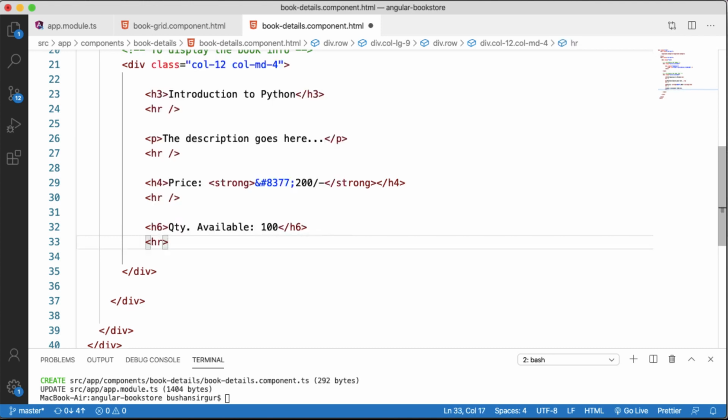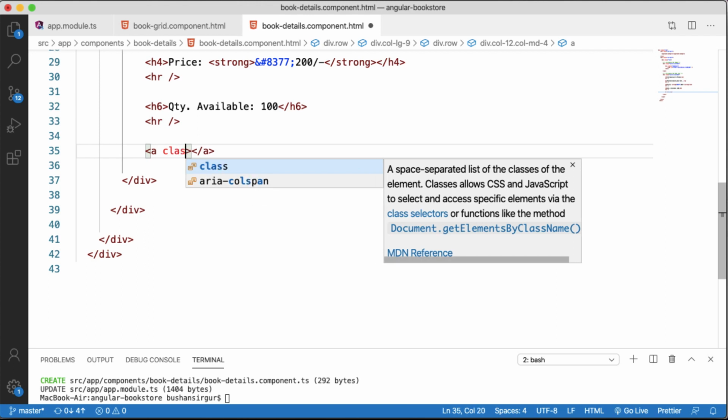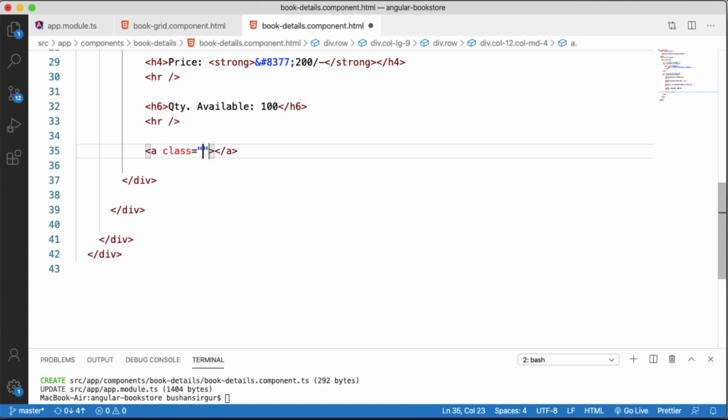Let's add a horizontal row, and I'm going to create two buttons. I'm going to create an anchor element, and I'm going to add the bootstrap class btn-success.